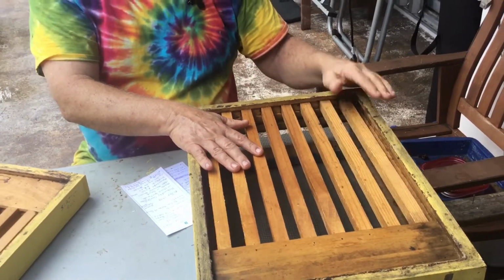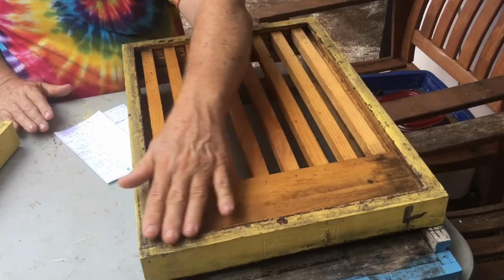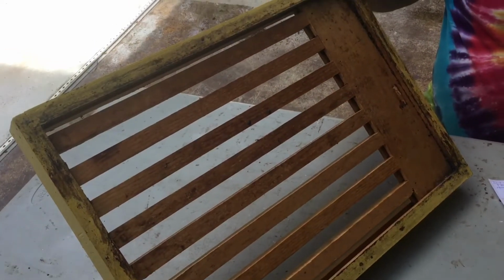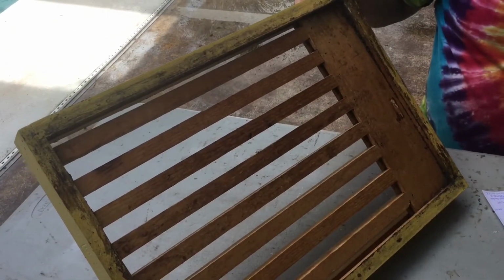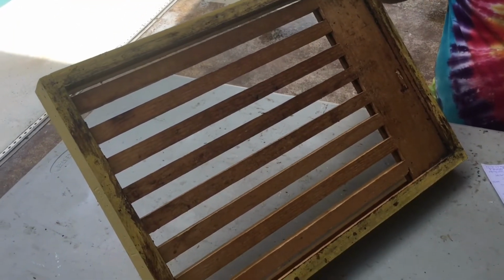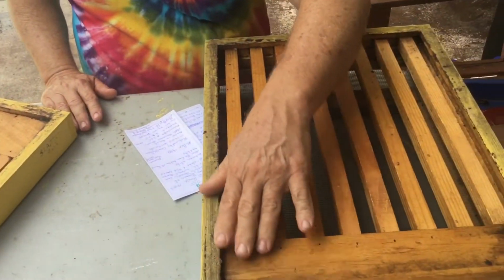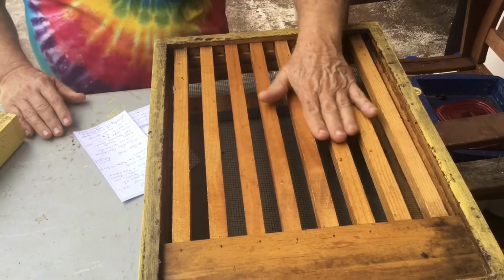Since she just moved in closer, take a look. These have not been scraped. These have not been cleaned. The bees don't pay much attention to them. They'll seal them up a little bit. You'll notice there's a little bit of propolis around the edges here. Beyond that, look how clean these are,